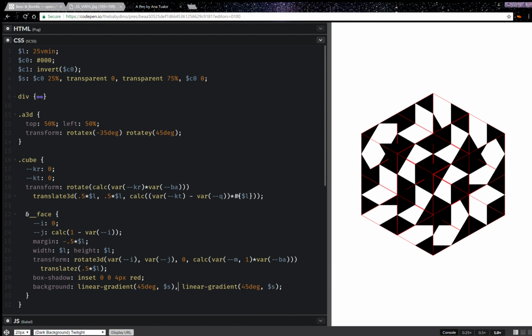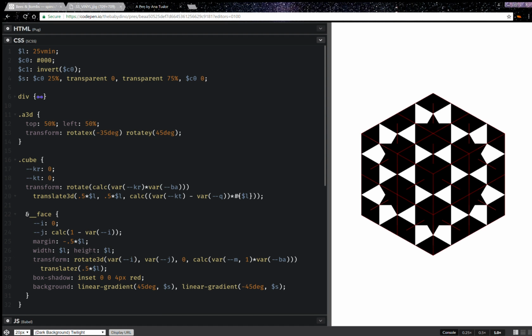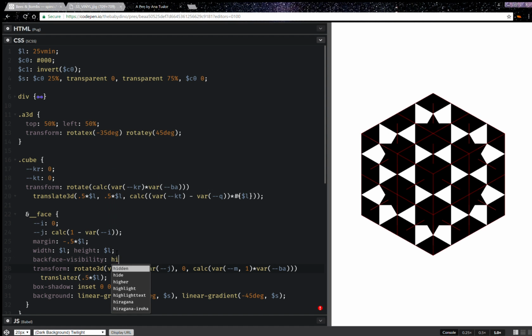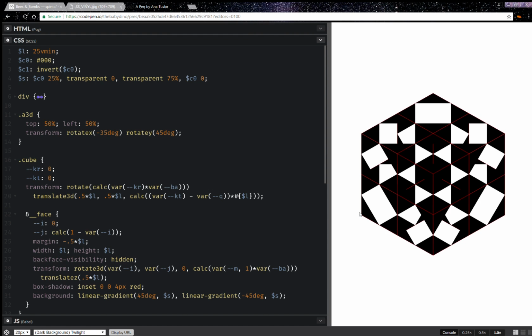This is going to be minus 45 degrees. Okay, and one more thing I want to set here is backface visibility hidden. Okay, so one more thing I want to do here is set the background color. That's the second color. Okay, so now I'm starting to see something, but they are all with black corners, and